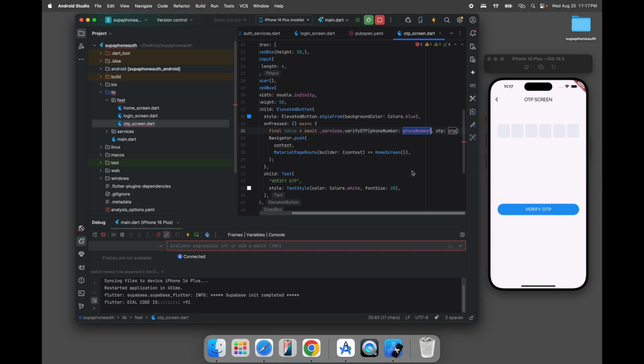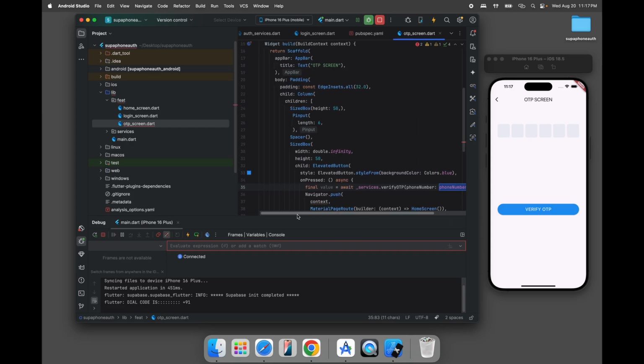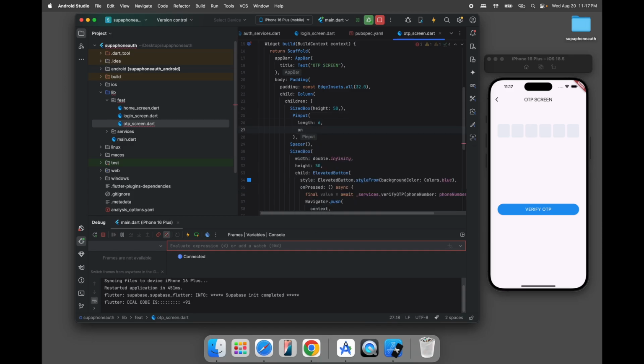Here I will pass the phone number, and the OTP is simply this onChanged value,